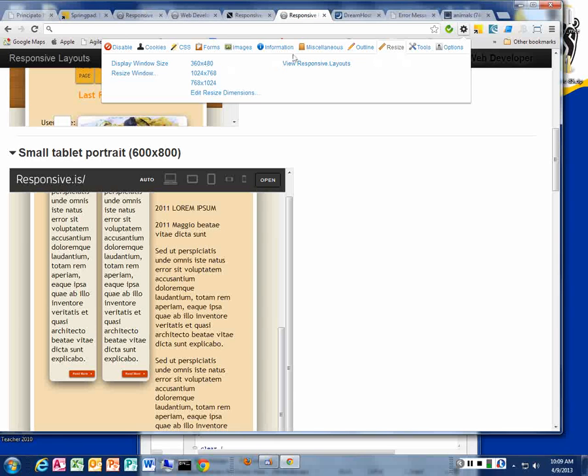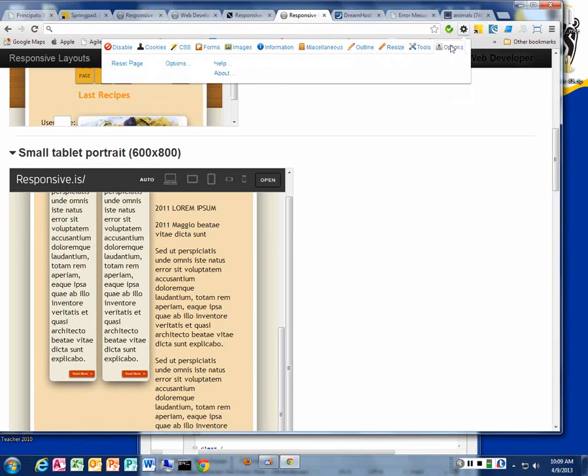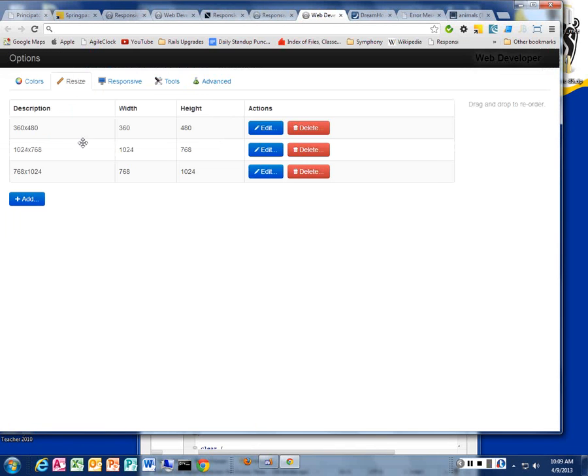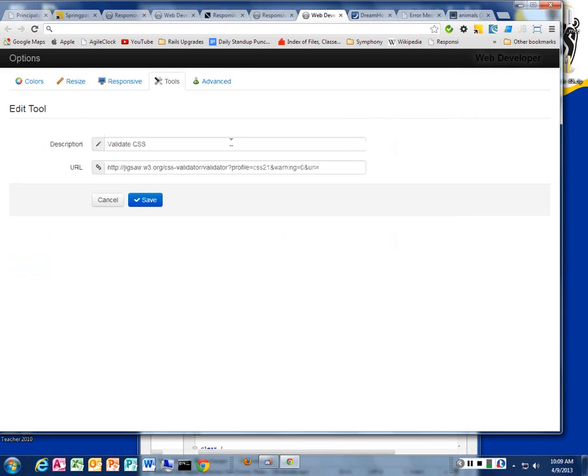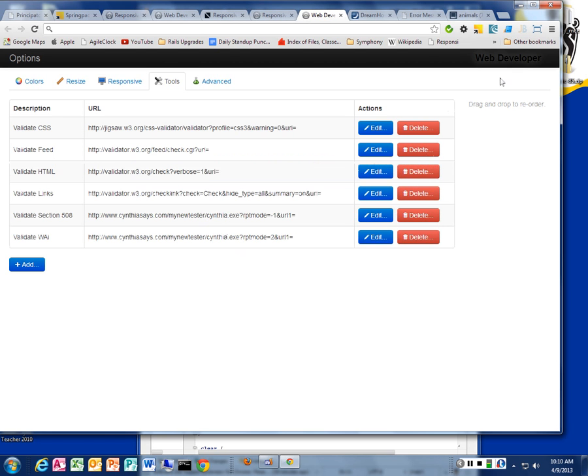This Web Dev toolbar is very similar to the one in Firefox that has the same kind of options. It also lets you have options for the various tools that we have for the validation. So this is one thing that I changed in the validate CSS. I don't want to validate CSS 2.1. I want to validate CSS 3. So I'm going to change this property, which is being sent to the jigsaw.w3.org validator. And now when I validate using this tool, it's going to